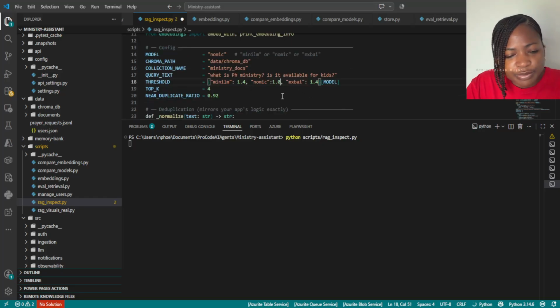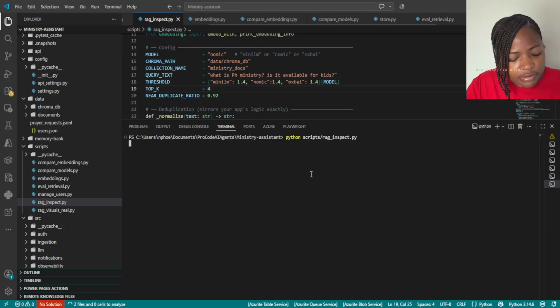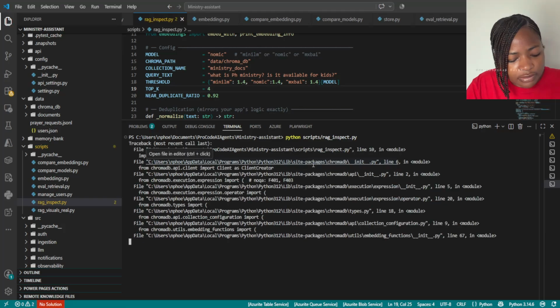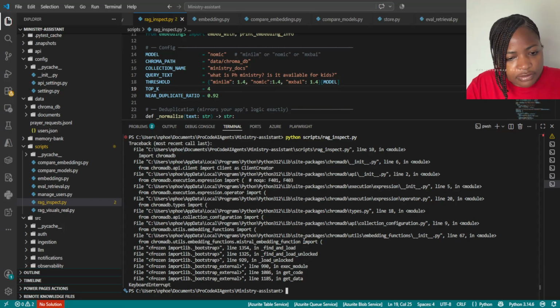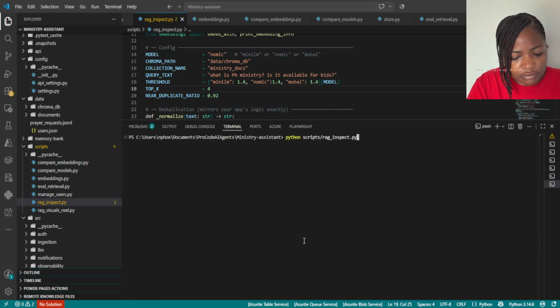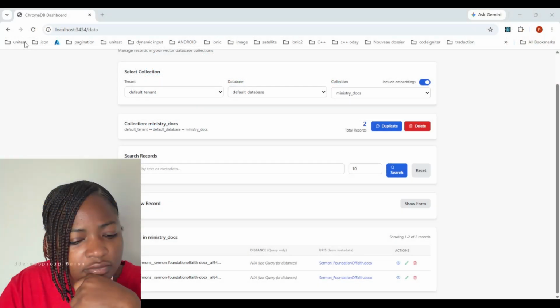Oh, I need to put the same parameters. And while it's doing that, let's go to Chrome. We should see the collection this time,